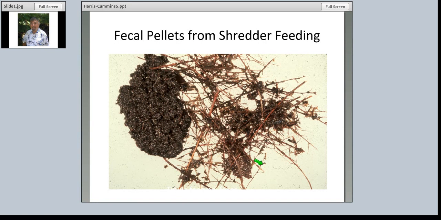And it's fairly significant. These animals feed at about 150% of their body weight every day. That's pretty significant considering that we're somewhere less than 2%. So that's a major turnaround from coarse particulate leaf to fine particulate feces. And you can see again that they've left behind the major veins and midribs, which are fairly rich in lignin, which is quite resistant to microbial decomposition initially.